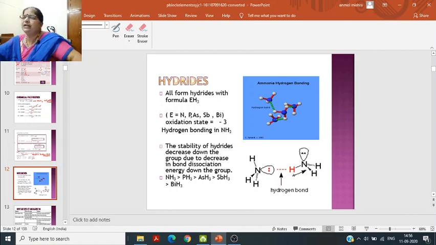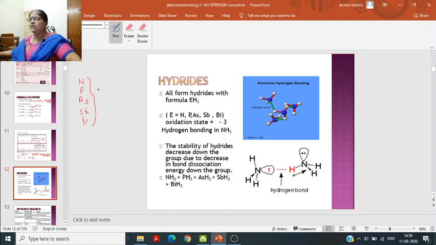When hydrogen exists with these non-metals in the negative oxidation state, they form hydrides. The elements nitrogen, phosphorus, arsenic, antimony, bismuth, all of them combine with